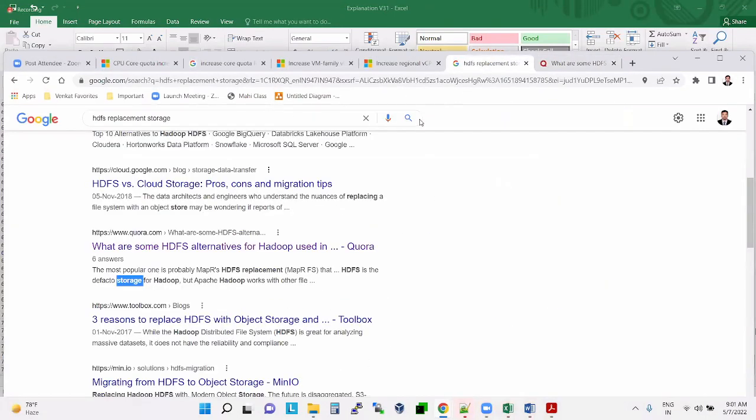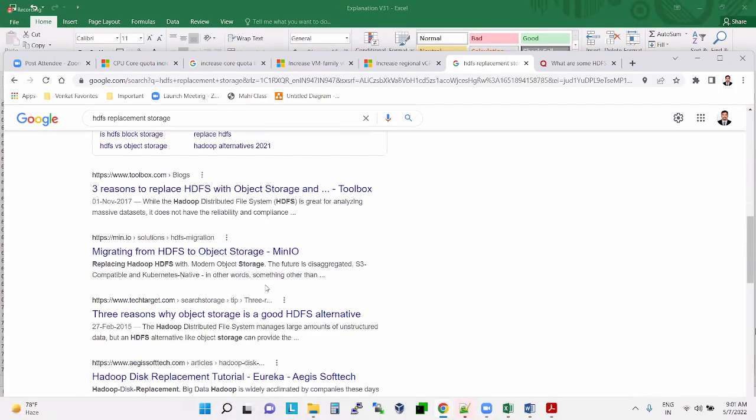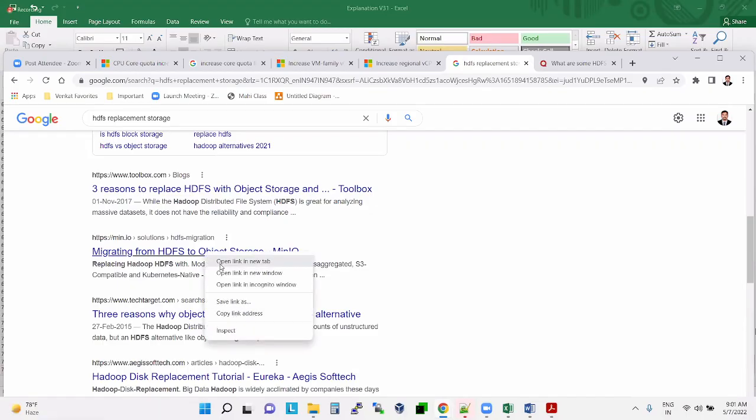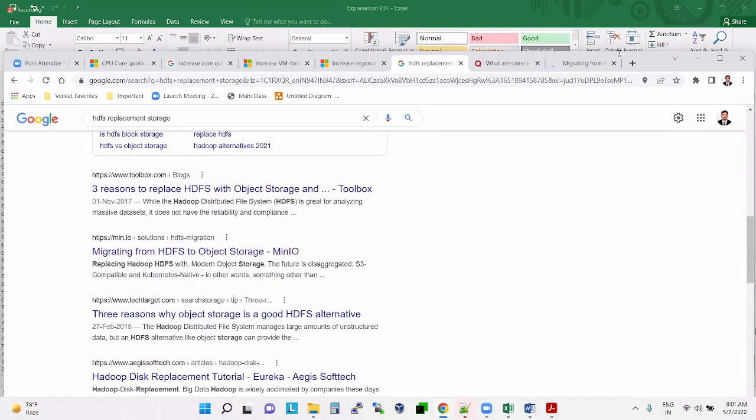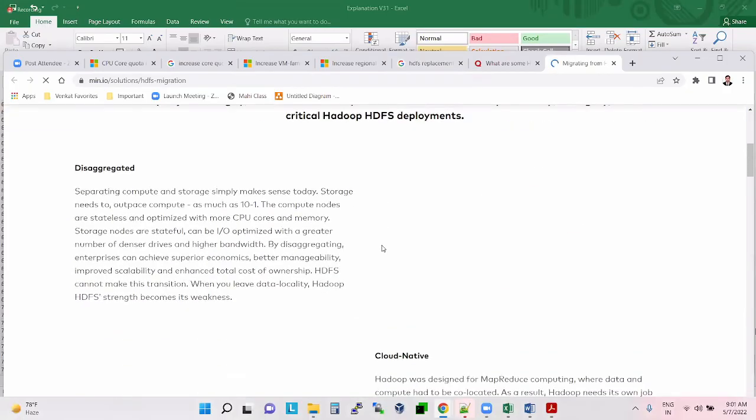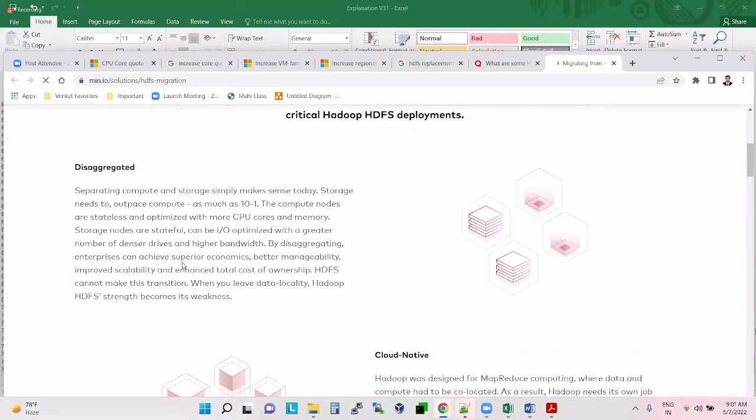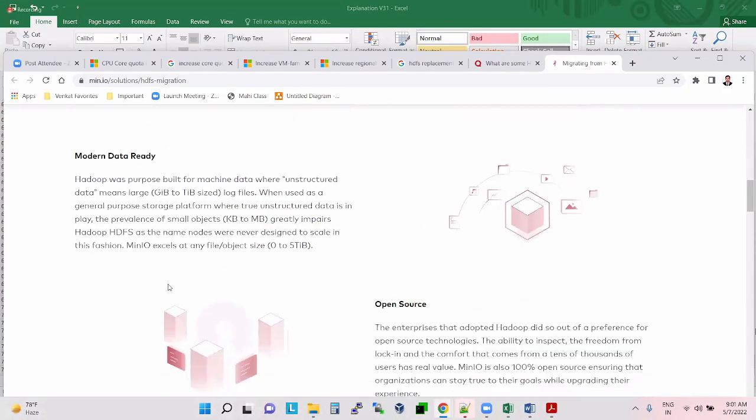However, I will give you, sir, in the evening. HDFS to object storage. Maybe is this the one? Cloud native.